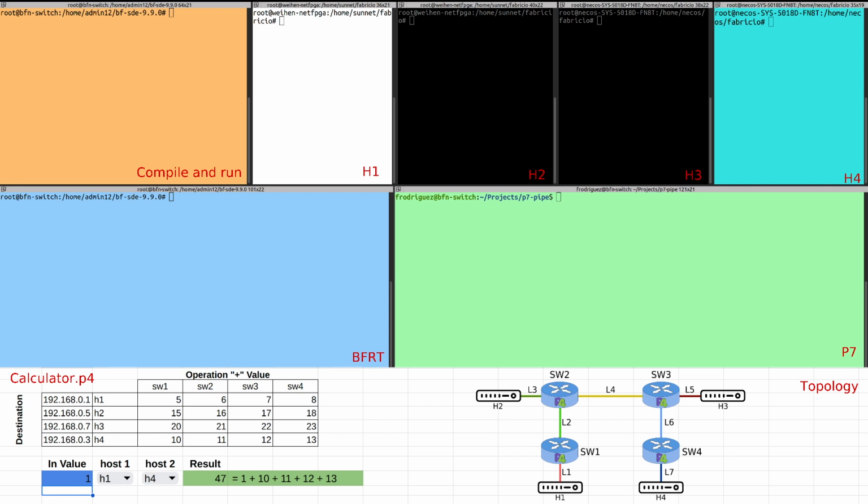Let's start with our demo. In this demo, we are going to present P7 and a use case where you can define your custom P4 code